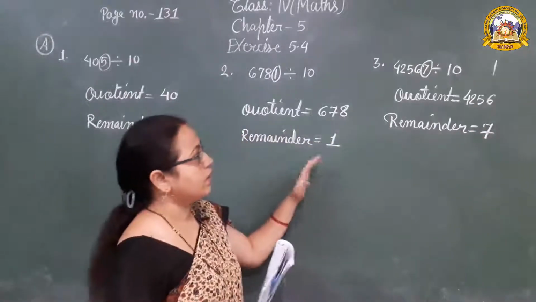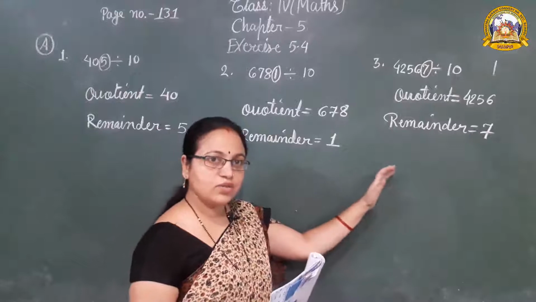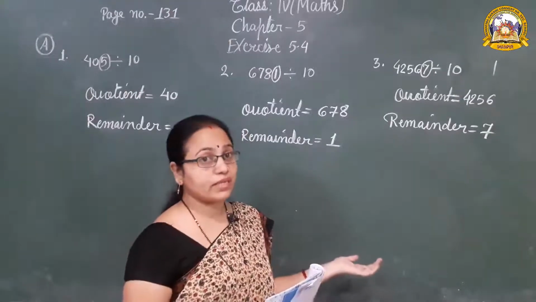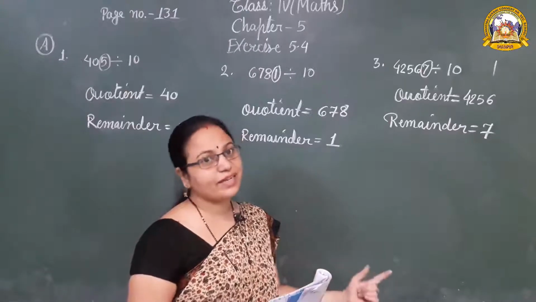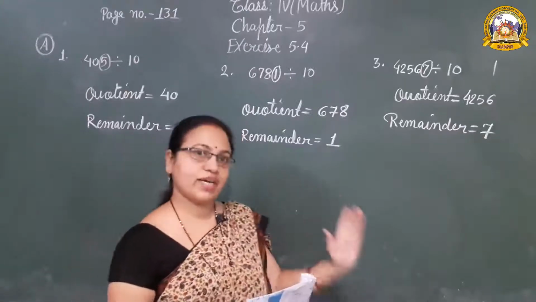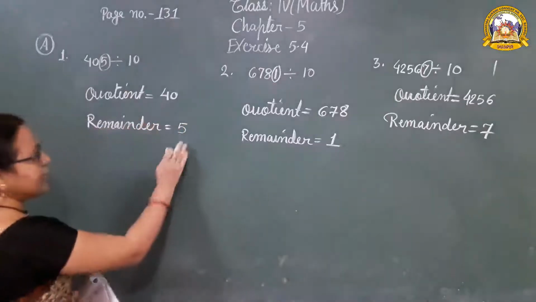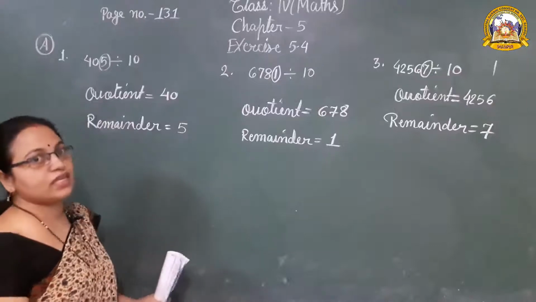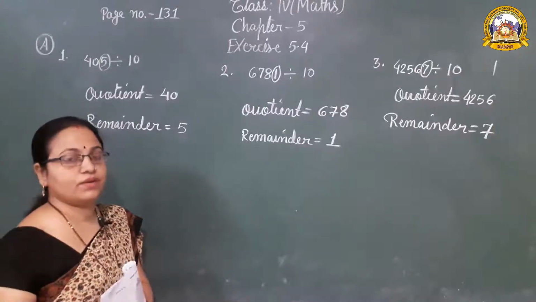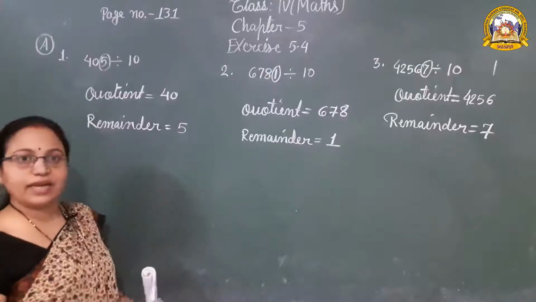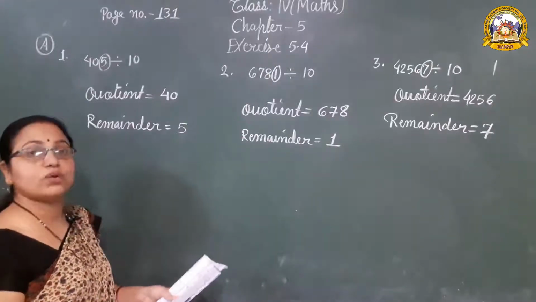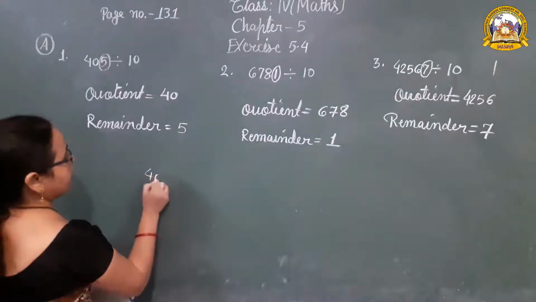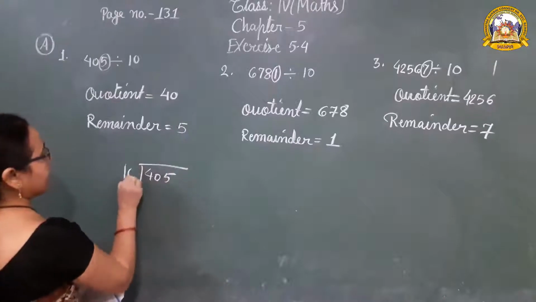Have you understood how to find the quotient and the remainder without solving the long division? हमको लॉन्ग डिवीज़न यहाँ सॉल्व नहीं करना है. अच्छा, हम हमारा आंसर यहाँ पर चेक कर सकते हैं. ओके, अभी हमने ये लिखा है पर ये हमारा आंसर सही है या नहीं. So we can check by using the long division but as rough work. ओके, आपको यहाँ पे लॉन्ग डिवीज़न शो नहीं करना है because I clearly gave in the question that without doing the long division. So 405 divided by 10.